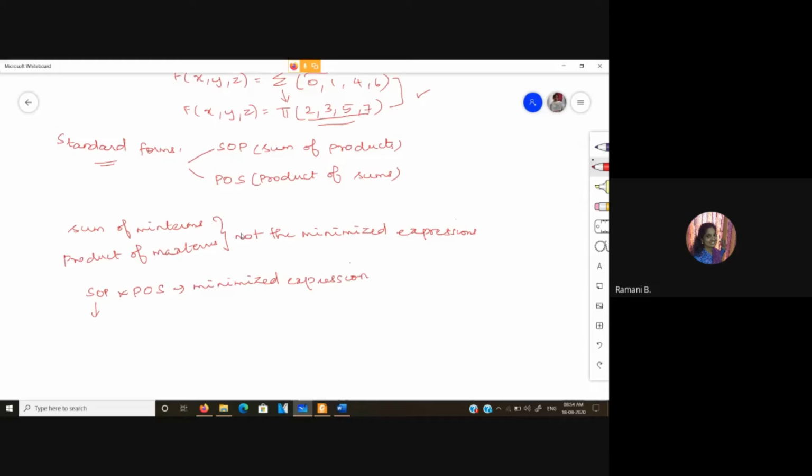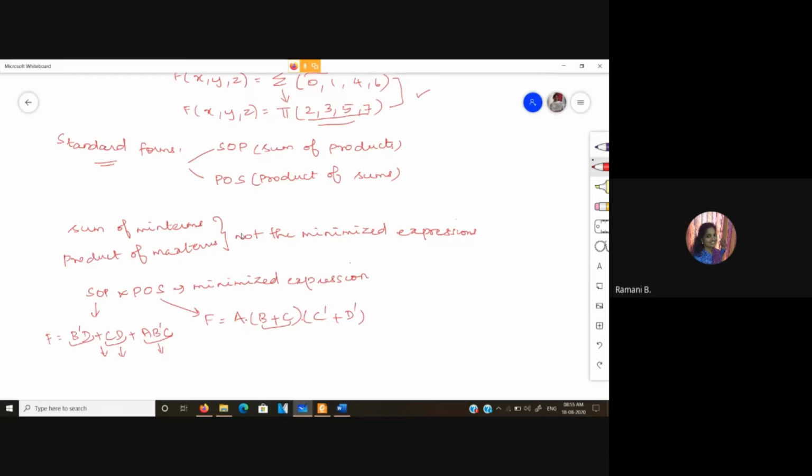That's all. So we wrote the expression like B bar D plus CD plus A B bar C. If I am writing an expression like this, we call this the sum of products. That is, it is OR of AND terms. But you need not have all the literals in each of these terms. Similarly for POS, if you write this as A into B plus C bar plus D bar, then this is a product of sums.